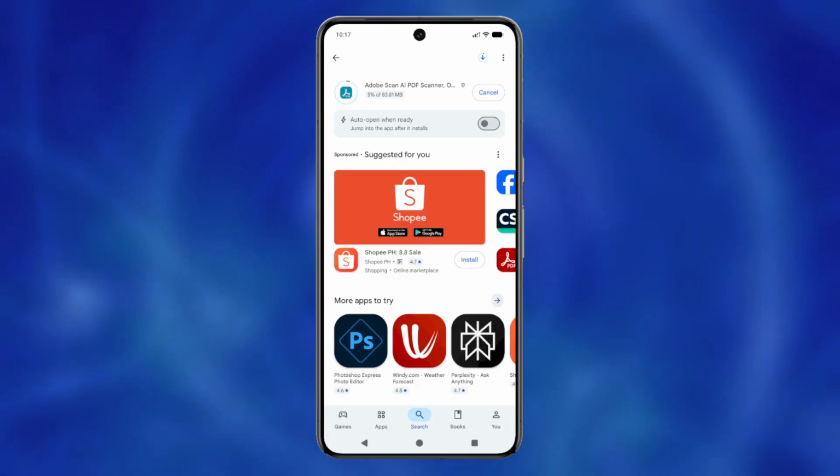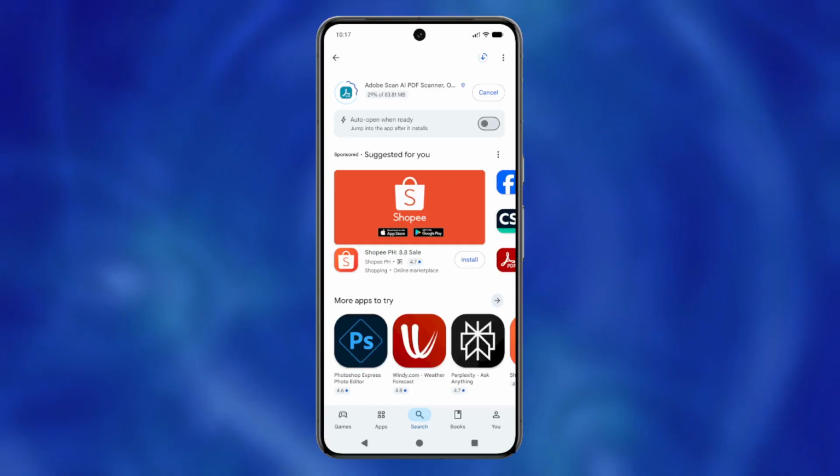The time this takes depends on your internet connection speed and your device's performance. During this time, the Play Store is downloading the app files and installing them on your device. You'll see a progress indicator showing how much of the installation is complete. Once the process finishes, the Install button will change to Open, indicating that Adobe Scan is now ready to use